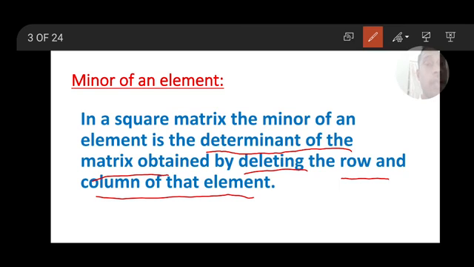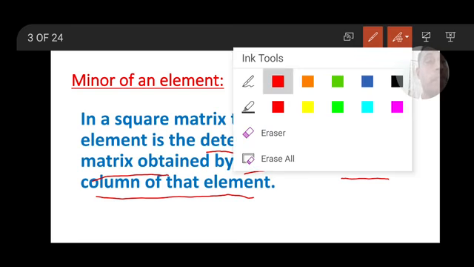Minor is defined for every element. For any element, minor is defined as we have to remove the column and row of that element. The remaining matrix's determinant is called the minor of the element. For example,